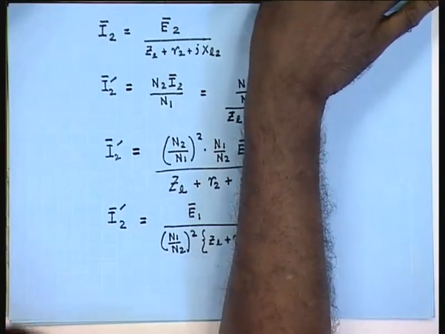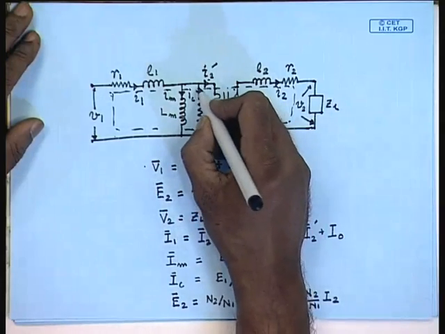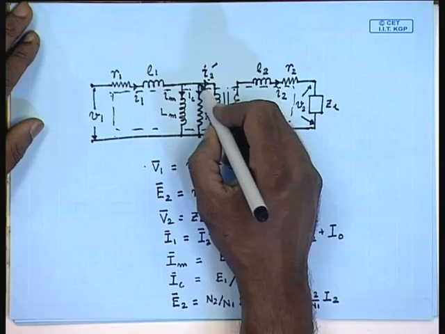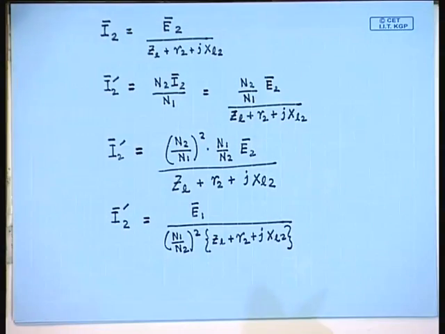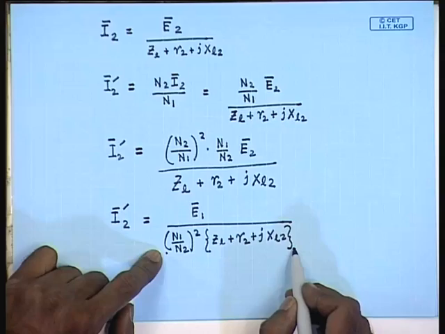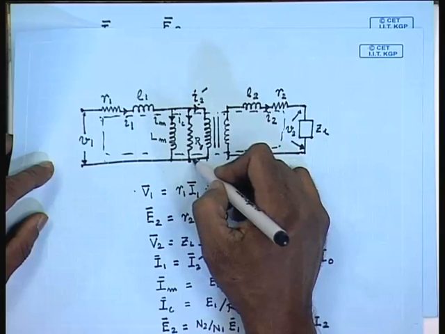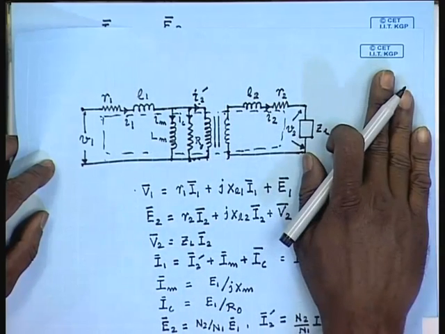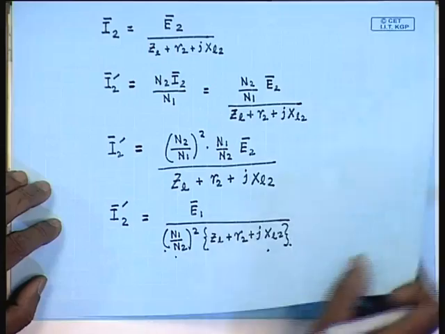Now, let us have a look at the circuit model that we have obtained. The voltage across these two terminals is E1 and the current drawn from these terminals is I2 dash. Now, the same current I2 dash will flow provided an impedance of this form is connected across these terminals. Therefore, we can replace the ideal transformer and the secondary circuit after that by an equivalent impedance given by this formula. Hence,